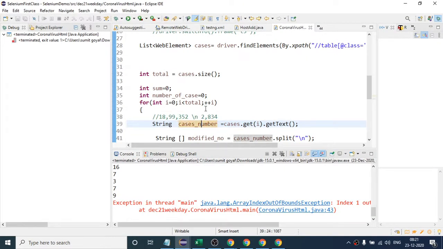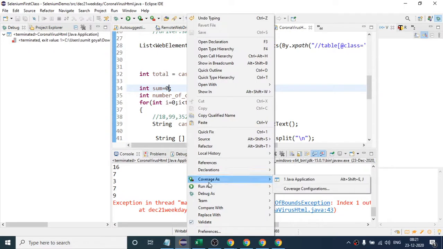I know that our for loop will run 36 times, 0 to 35. If I say total -2 here itself, it will run from 0 to 33, which means 34 times. So if I run this time,